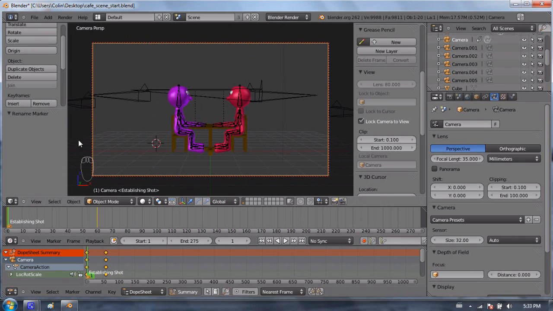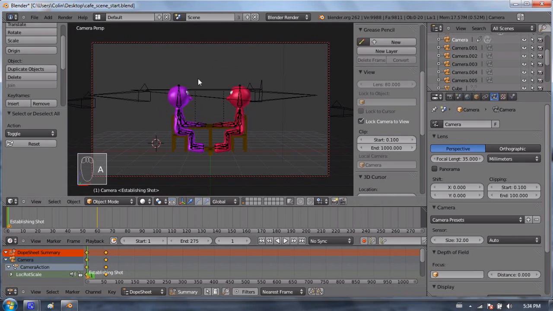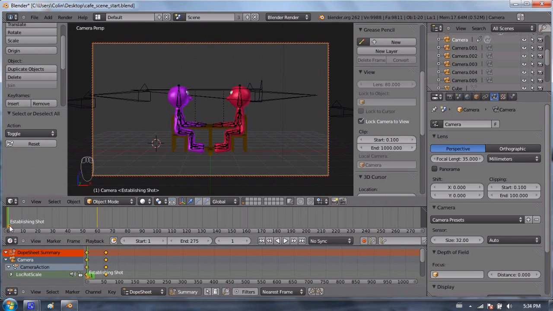So how do we link this camera to this marker? In other words, how do we make this marker tell Blender that when we get to it, in other words, start on frame 1, to be at this camera? Well, I'm going to press A to deselect all, so I have nothing selected. I'm going to select the camera, and then with the marker selected and my mouse in this window, I'm going to press Control B. And that means bind this camera to this marker. So now, this marker will tell Blender when the playhead, the green bar, gets to it,